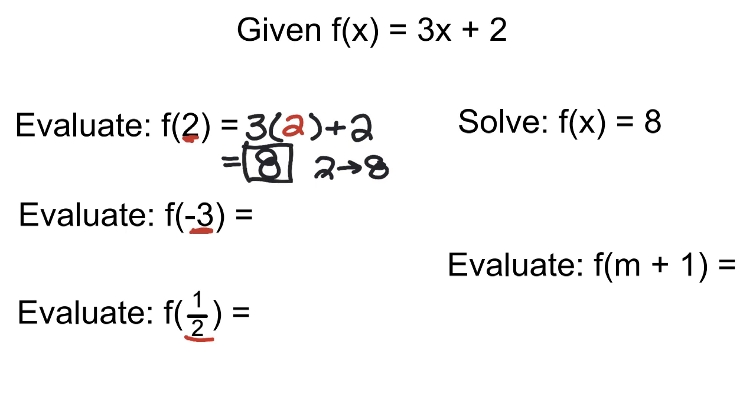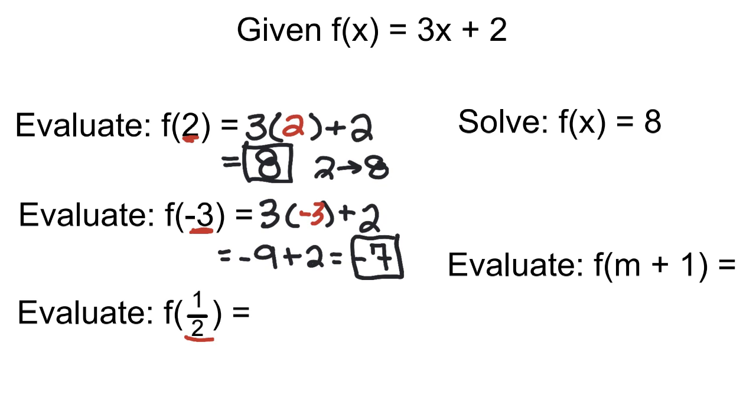Go ahead and try the -3 on your own for a minute. With the -3, we're doing that same process. We're going to take 3 times whatever the number is plus 2. So when we take 3 times -3, that's -9. And then we add 2 to that and get -7. So when we input -3, we get an output of -7. When we input a fraction,